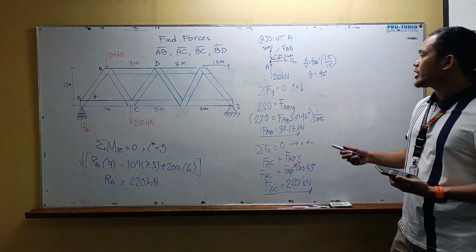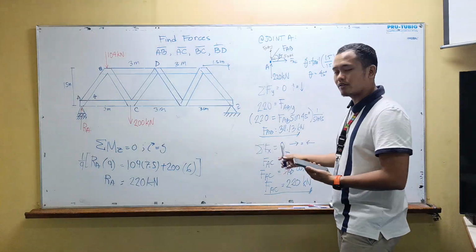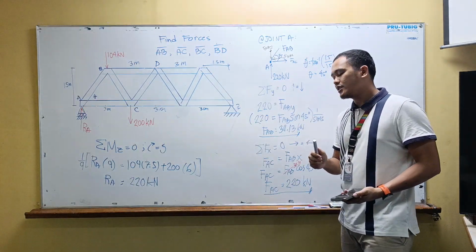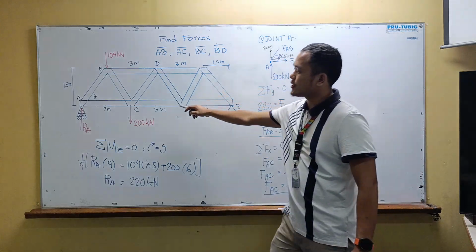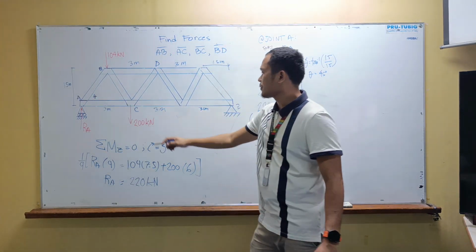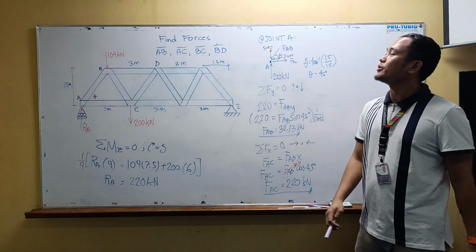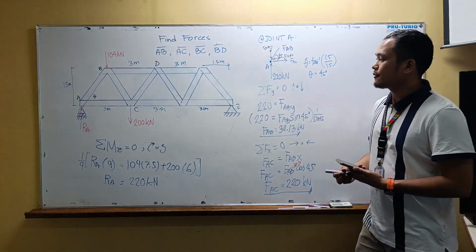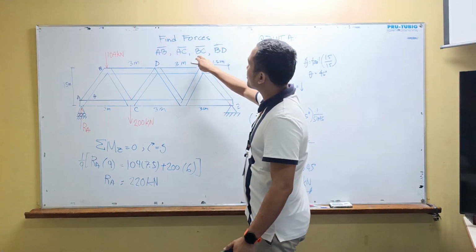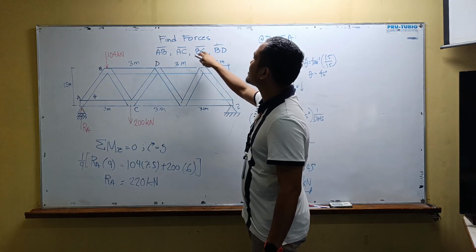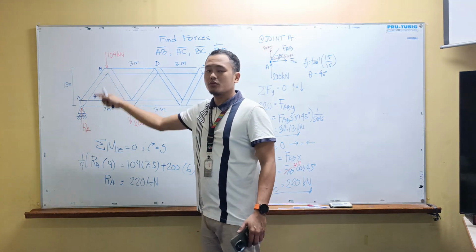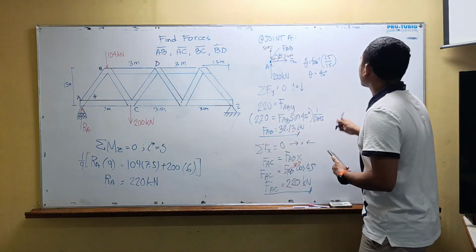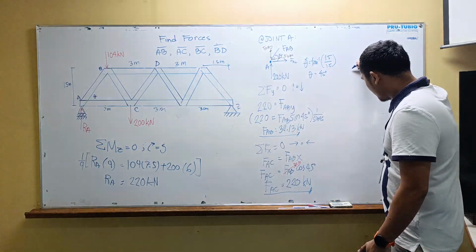So force AB solved, that's 311.13, and FAC also solved. Where's AC? Here. That's 220 kilonewtons. Next, so we are asked to solve for also BC and BD. So I guess in this case we'll need to do method of joints at B. Alright? So for B,